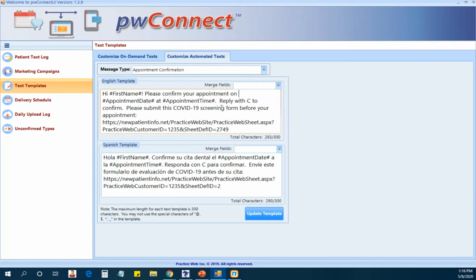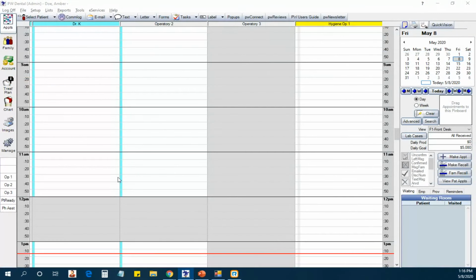Amber, do you want to show them how to create that link first for the web form? Absolutely, we can do that. Yeah, let's do that first. Let's go ahead and to create the link,